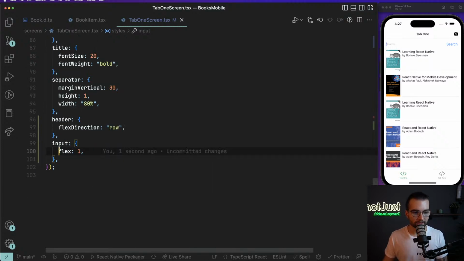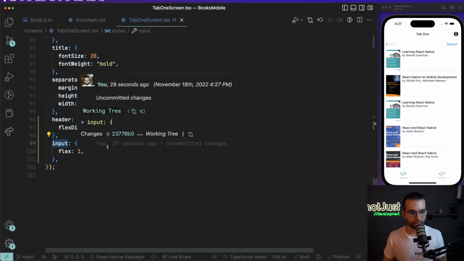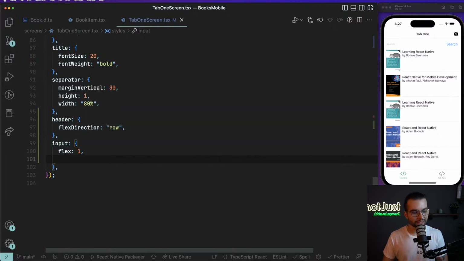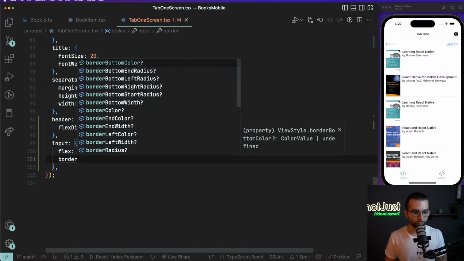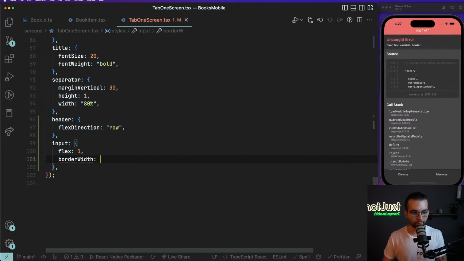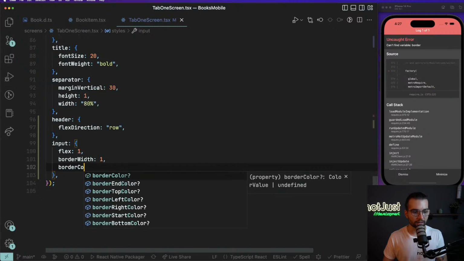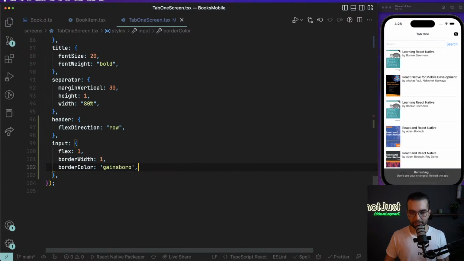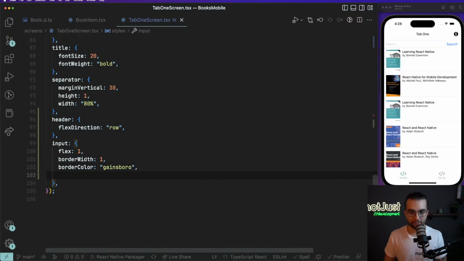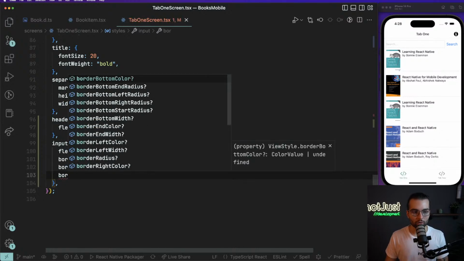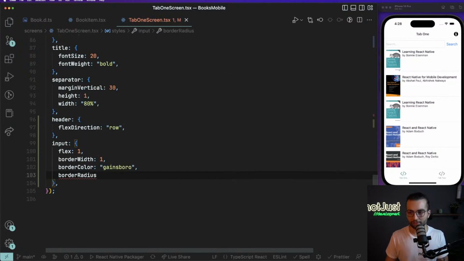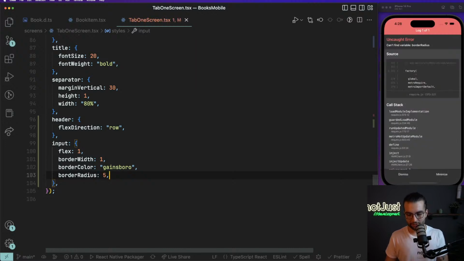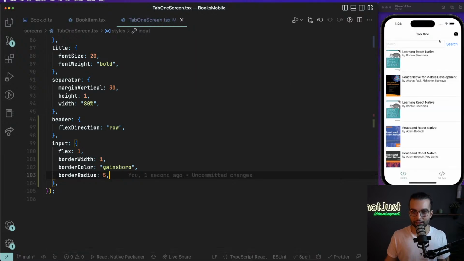Now let's try to style the input box itself. So for example, let's provide a border to this input. So border width will be 1, and the border color can be a color called Gainsborough. That is a very, very light gray. Yes, that works for us. And to make the corners a bit round, let's do border radius 5, and this will round up the corners of our